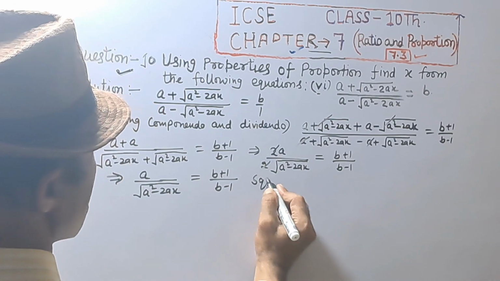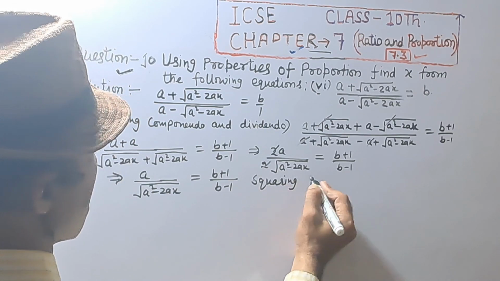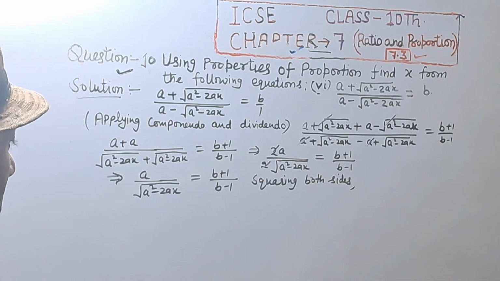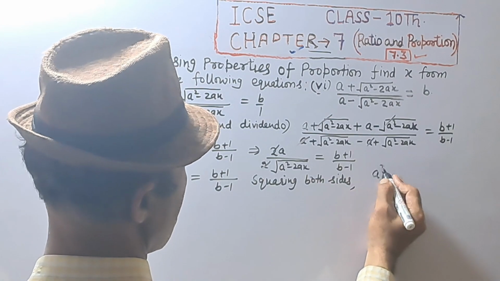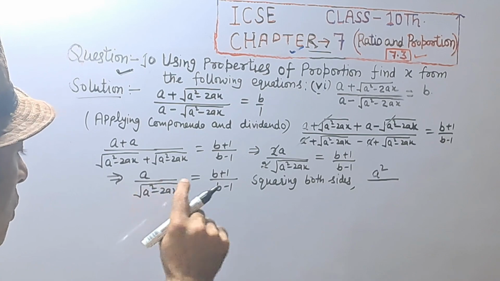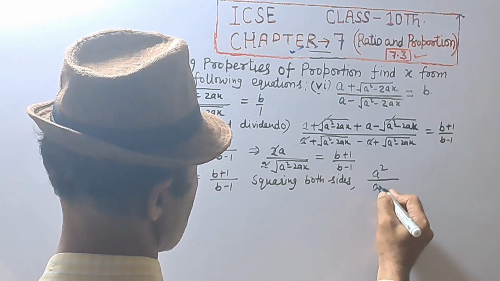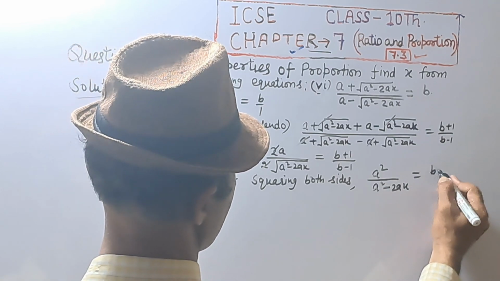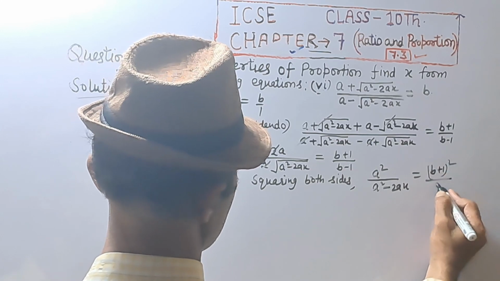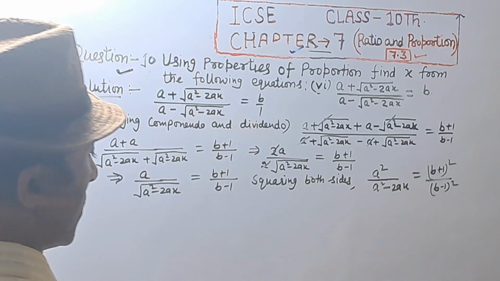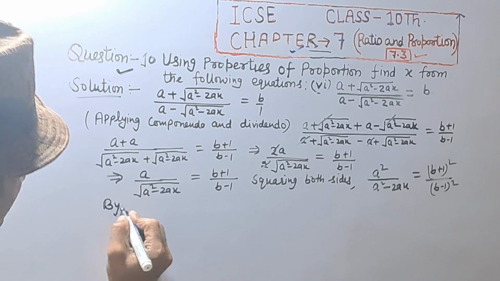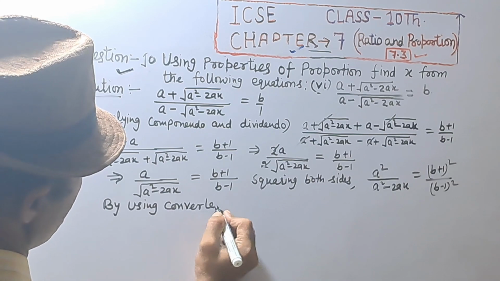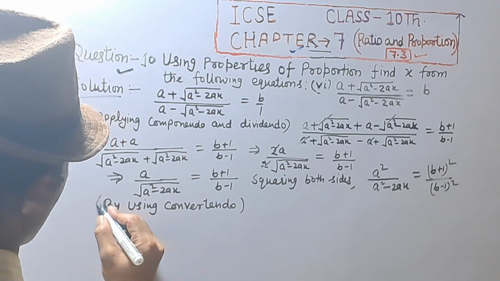Squaring both sides, we get a² upon the root square is cancelled, that is a² upon a² − 2ax is equal to (b + 1)² upon (b − 1)². By using convertendo, we get